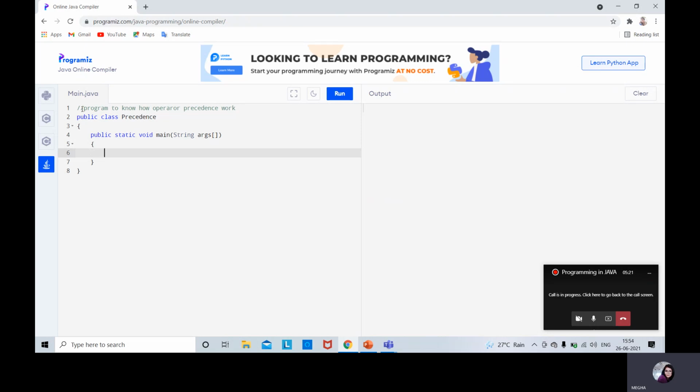Here, let us first initialize the variables. I am considering a and initializing it to 10, then b to 5 and c to 1. These are just random values. We need a variable to store the result, so let us take it as result itself.